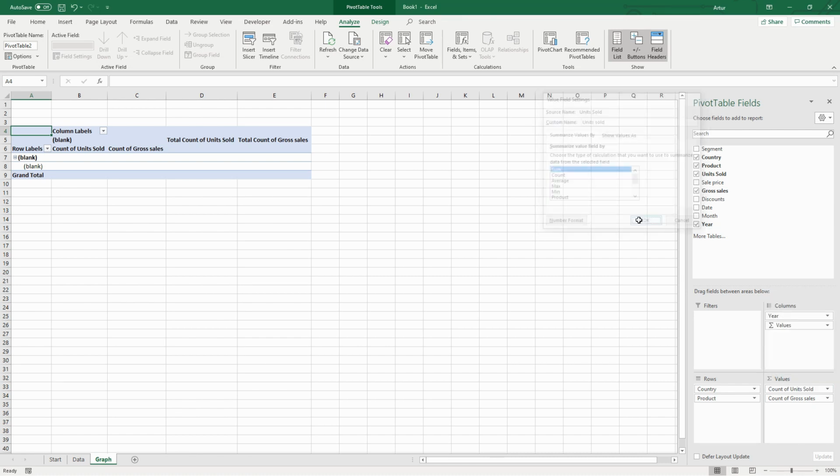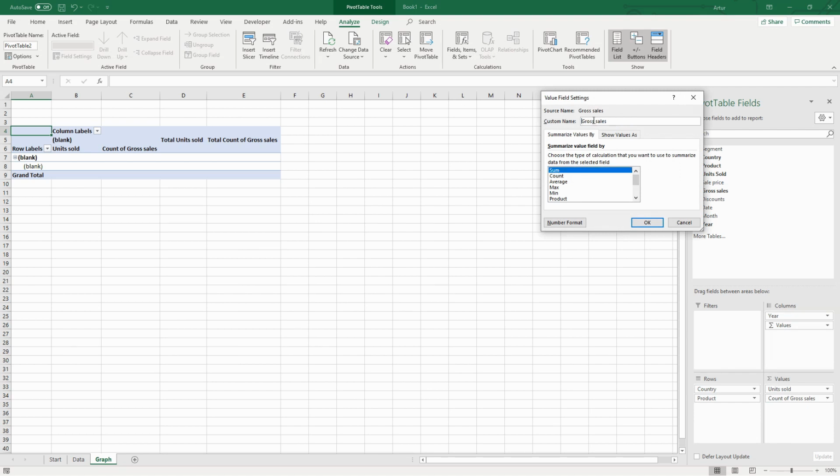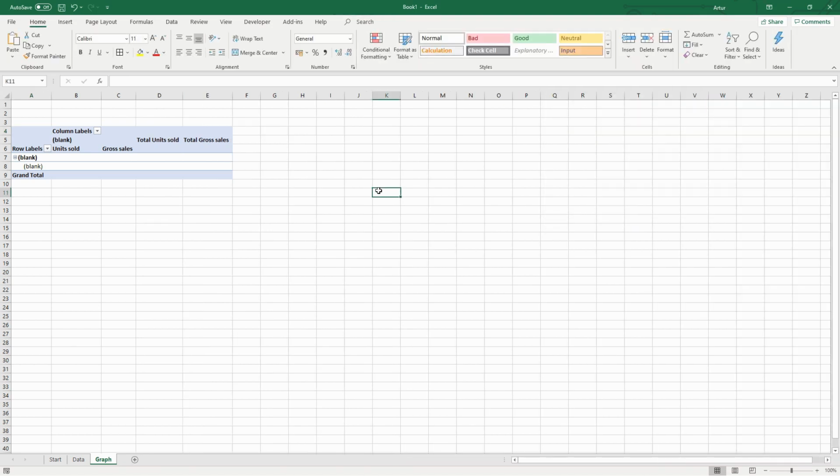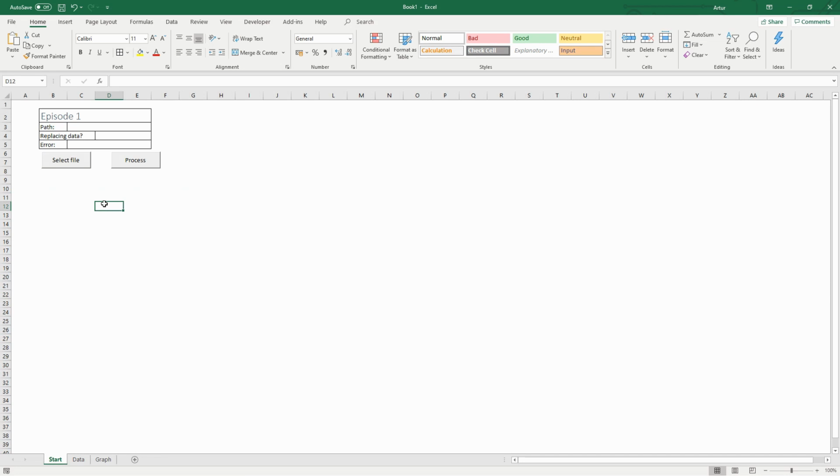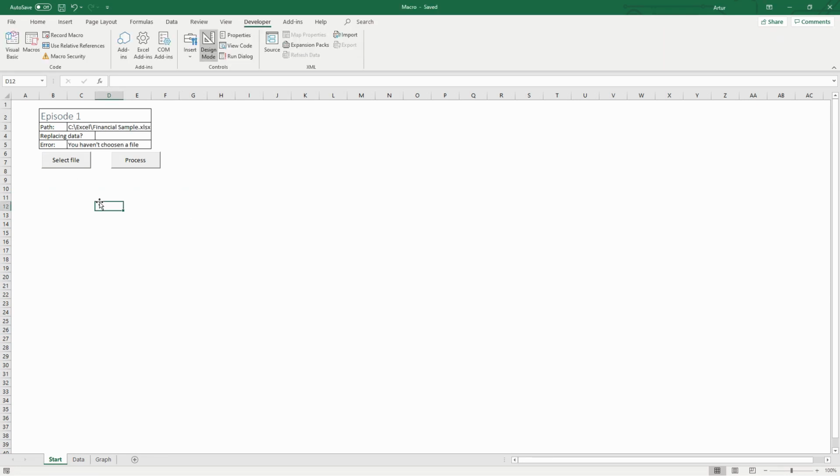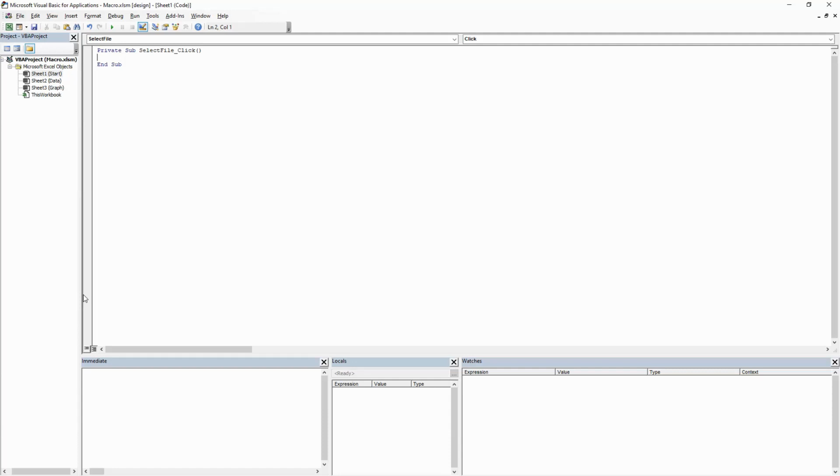Now enters my favorite part of Excel job, writing a macro. We move to the first sheet and click 2 times on the Select File button. Our next step is writing a line with Option Explicit at the beginning of the code.